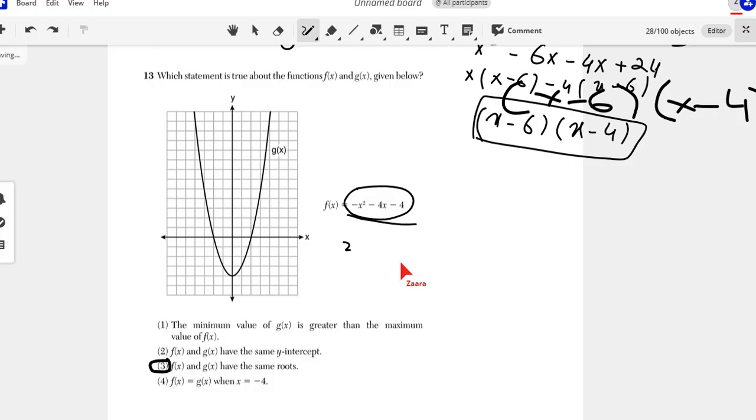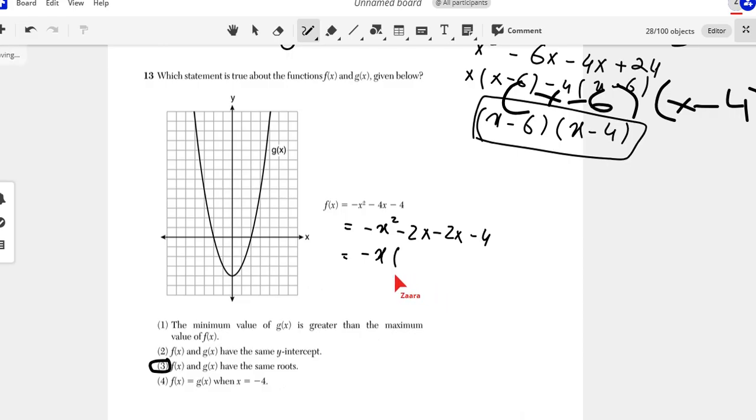Let me factorize. Wait, let me check it. I didn't memorize the roots. Okay, so negative x squared minus x plus 4, let's break the middle term. We have to get positive 4, so we can break it as negative 2x and negative 2x minus 4. So it will become, if I take negative x outside,